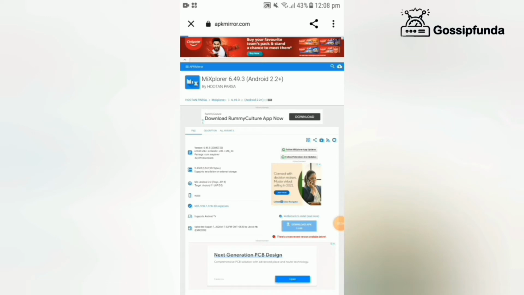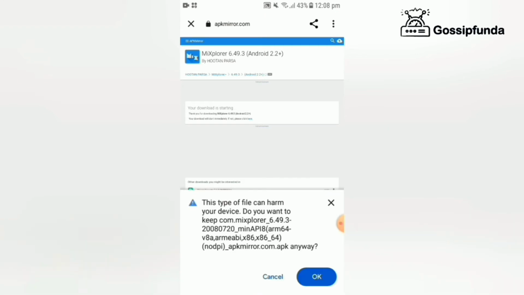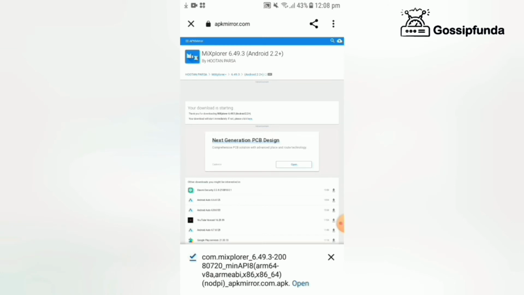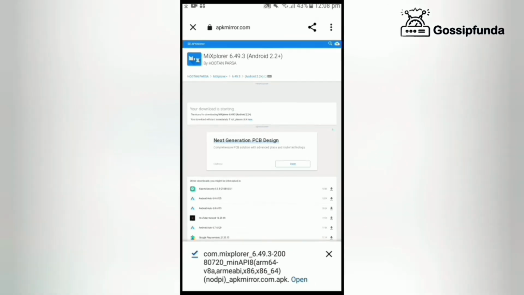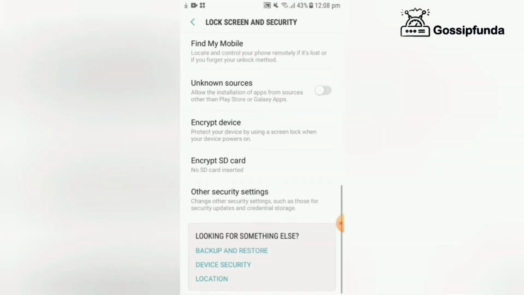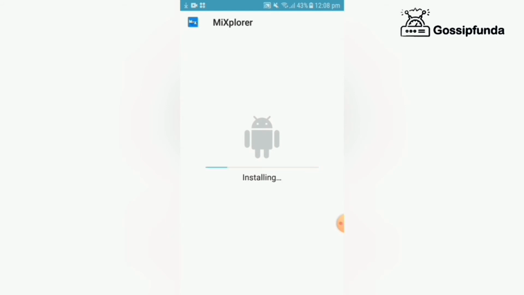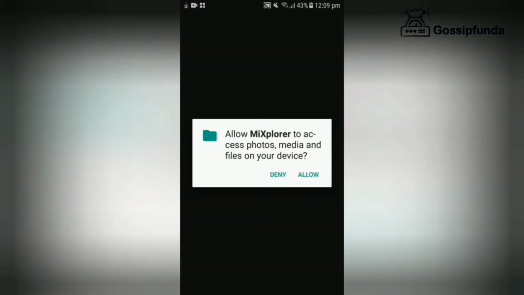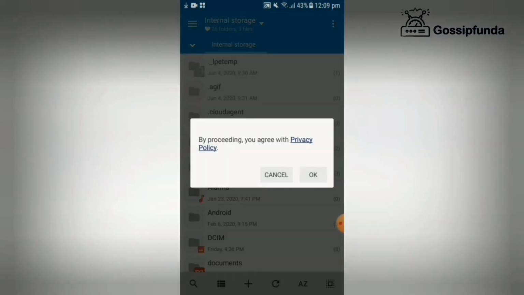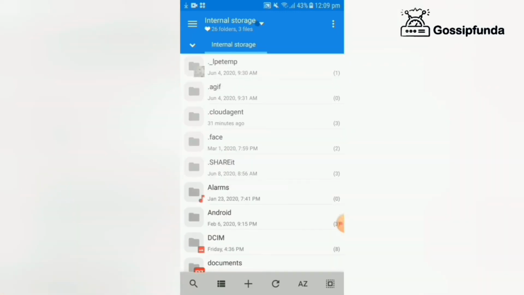Let's move to a new file manager, Mix Explorer. The free version of this file manager you will get on the website, and on the Play Store you will get a paid version of it. I mainly prefer this file manager because it has more features as compared to the previous three file managers. In this you can extract a zip file, and you can even access FTP and APK files. Mainly this file manager is used for gaming folders, so that we can easily access the gaming file folders. In this you get a command execute option and a zoom in, zoom out folder option.